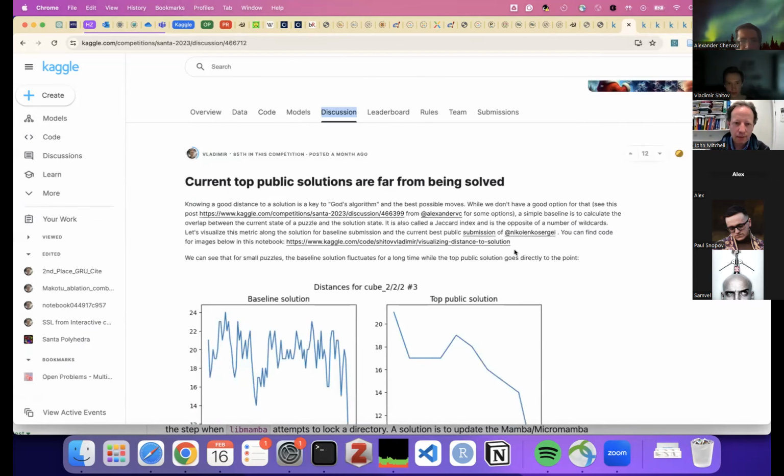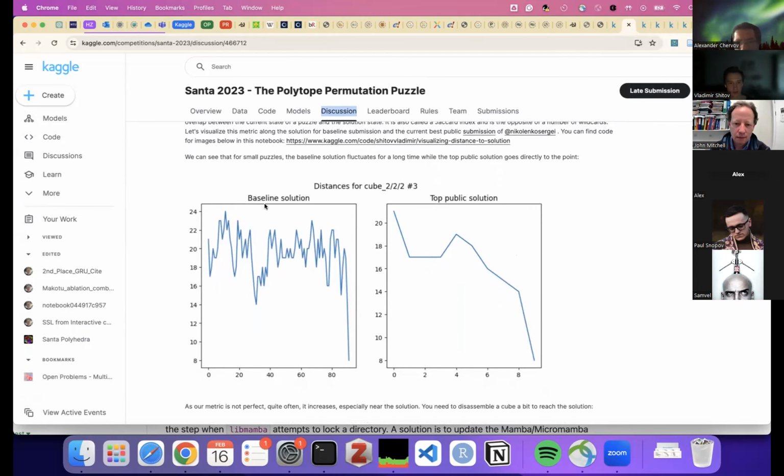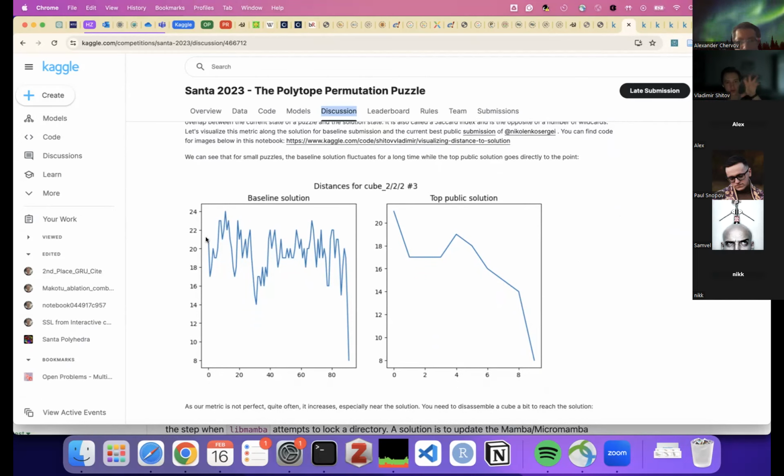I also have this visualization here. So in a baseline solution, you start with the initial state and you have 21 pieces not in the right place for a 2x2 cube. And then in the baseline, you jump and jump and jump, but in the end, you find the solution state. So you have 8, and on the next move, you have 0 pieces in the wrong places.